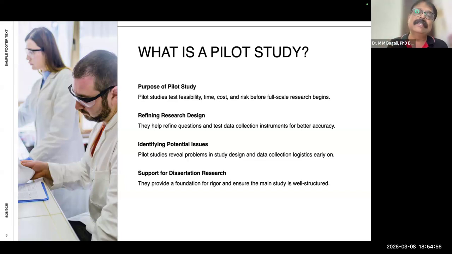Rigor also tells you what would be the minimum time and the maximum time that I can spend with one sample, or one respondent, who is participating in my study.